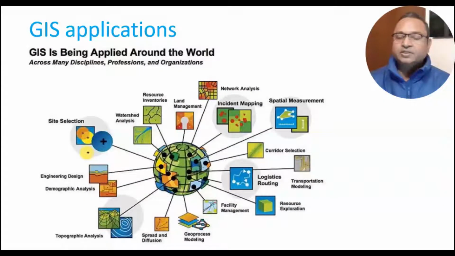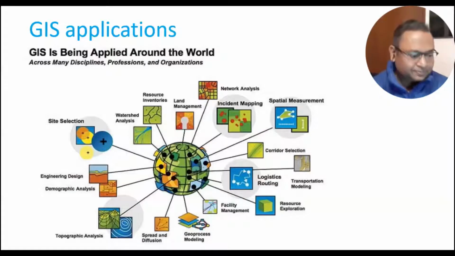In the next slide, let's have a look at some GIS applications. The application of GIS is almost in every domain. For example, city planning, site selection, and it is used in logistics, to know about current water resources analysis, for network analysis and many more. And actually, we all are using GIS. For example, we all use Google Maps to know the route from one destination to another and how much time it will take. So let me demonstrate through one example.